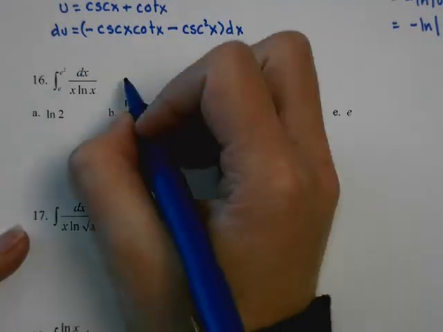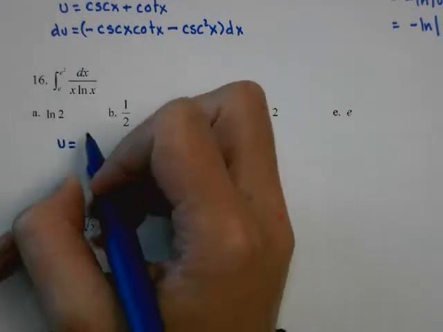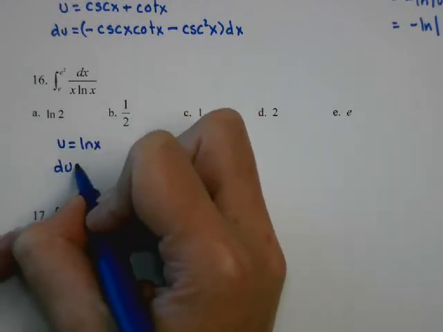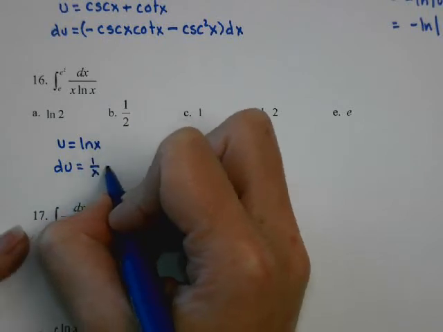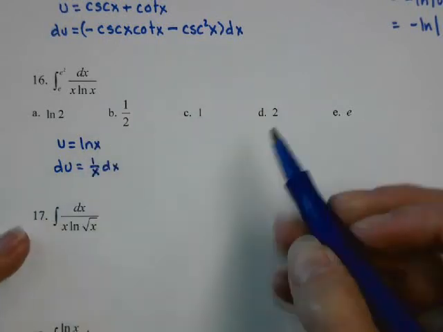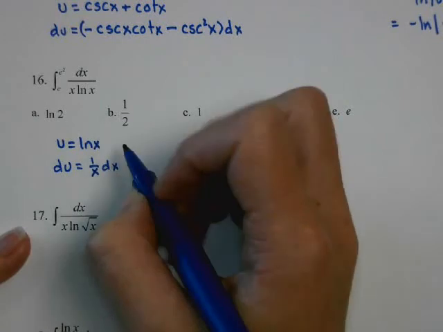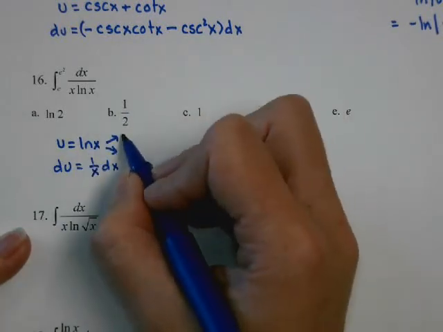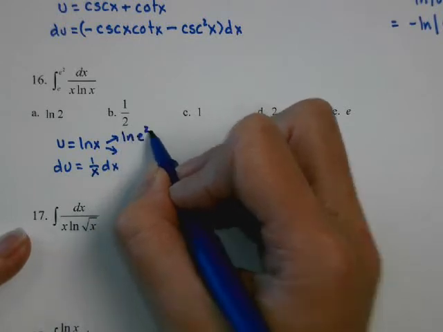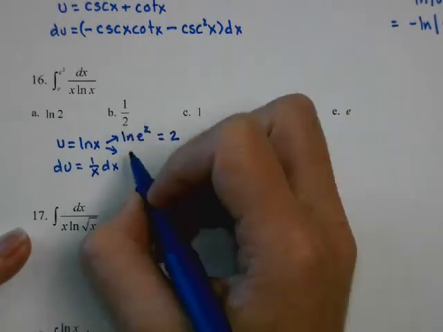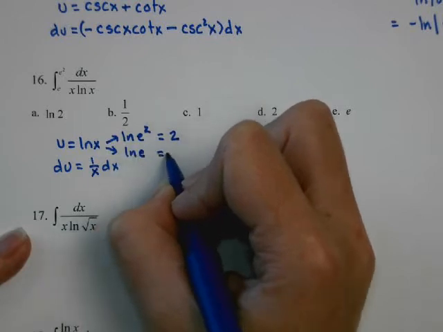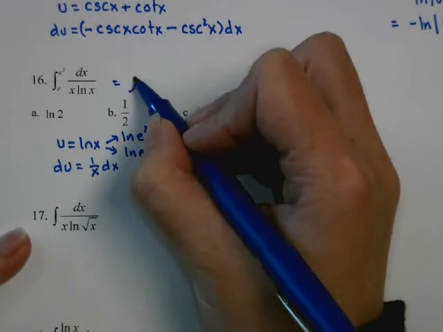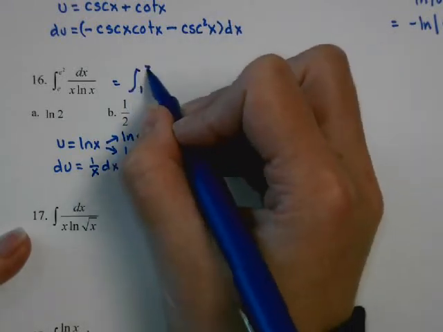Okay, so we're going to let u equal the natural log of x, because du is hiding in there, 1 over x dx. This is a definite integral, so we can go ahead and just change the limits of integration. So natural log of e squared is just going to be 2, and natural log of e is going to be 1. So this integral is really the integral from 1 to 2